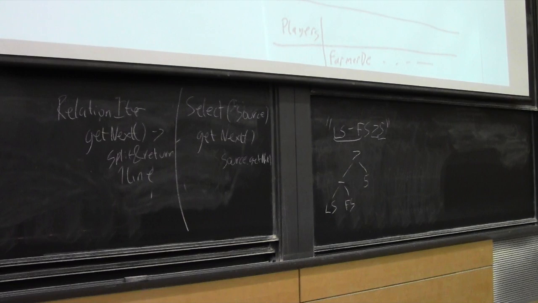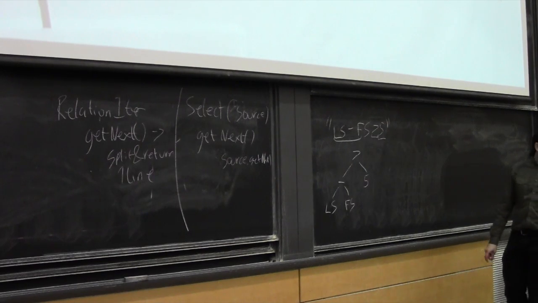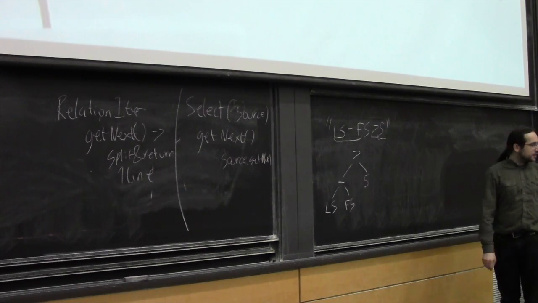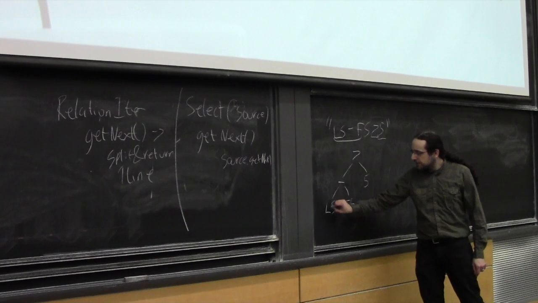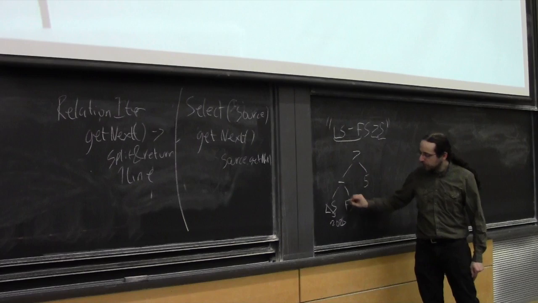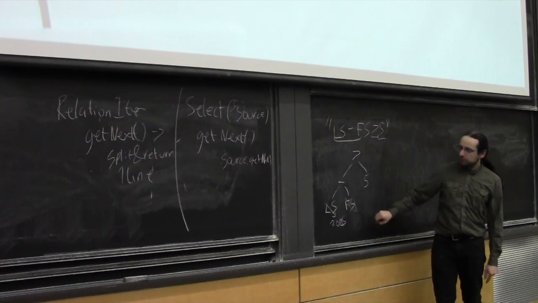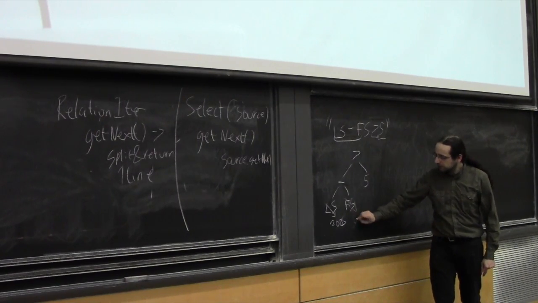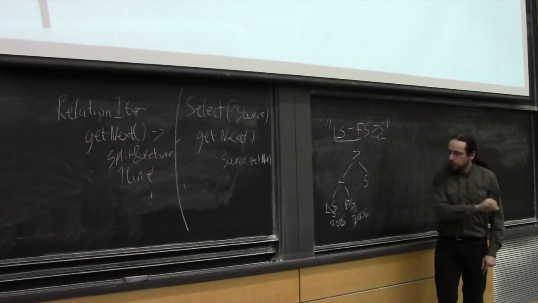So the first row here is Desmond Farmer. So if I plug in last season, you get 2008. And if I plug in 2006 for first season,